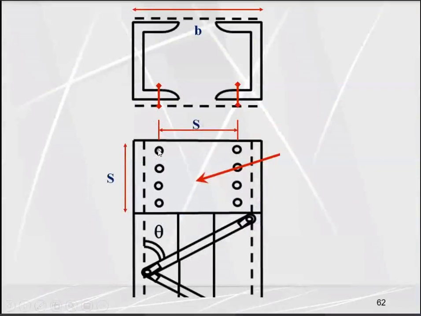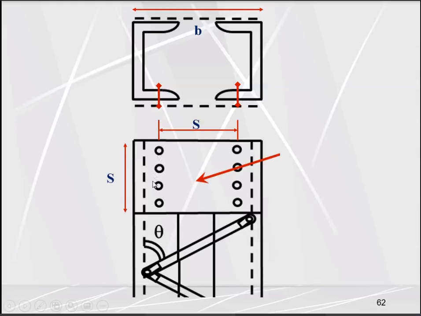He says that the spacing of these fasteners in the longitudinal direction, actually the center to center distance between these two, should not be more than 150 millimeters or 6 times the diameter. So actually when we are designing, we have already studied the minimum center to center spacing of the fastener and edge spacing. So center to center spacing should be more than 6D in this direction, and also in this direction it should not be more than 150 millimeters in the longitudinal direction.